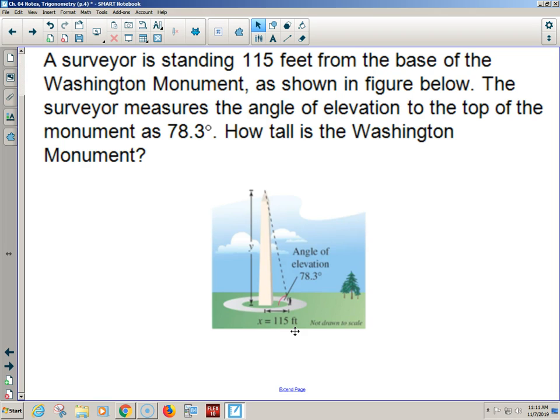Okay. Staring at the Washington Monument, 115 feet from. I will say, do you guys see how the 115 feet from, is it to the edge of the monument or the center? I'm thinking kind of center of gravity, although that would be up here somewhere. But anyway, we're thinking of the Washington Monument at one point, not this whole thing that takes up space. So 115 feet from the middle.